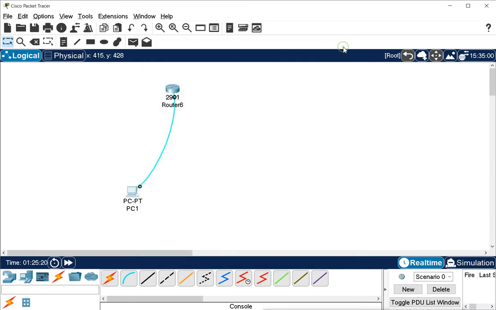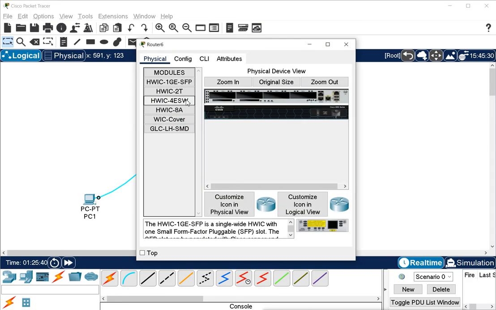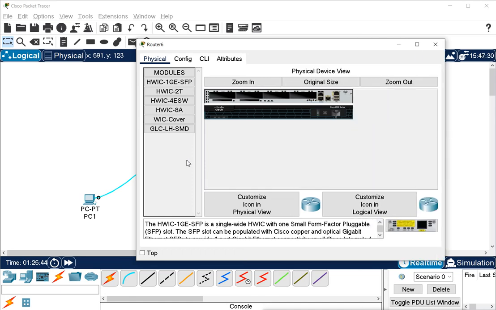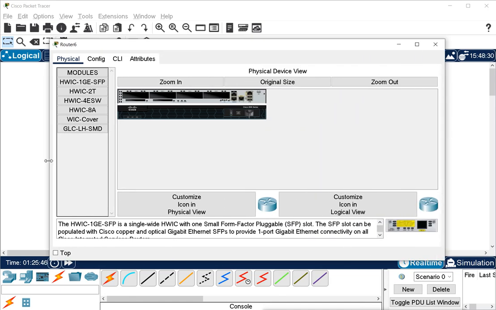But now, because we are working in this virtual Packet Tracer, using the virtual router, we have a benefit: we do not need to make these console connections. We can directly click on the router. This is the physical view of the router, and if we want to configure this router, we can directly go to the CLI here.